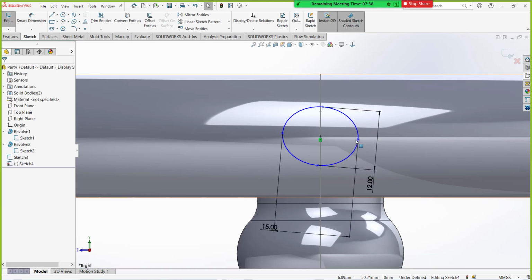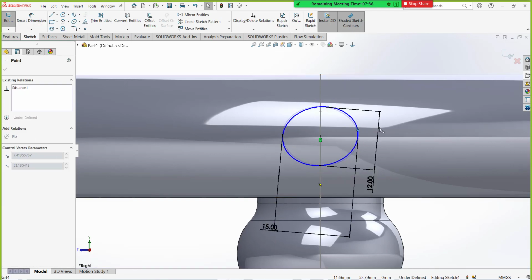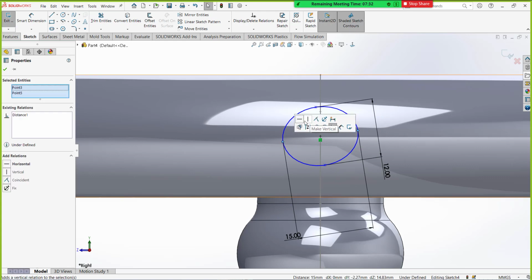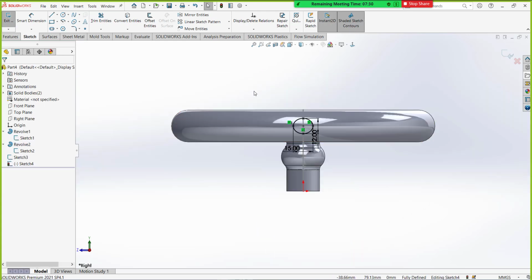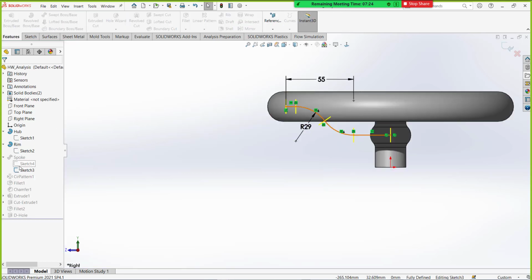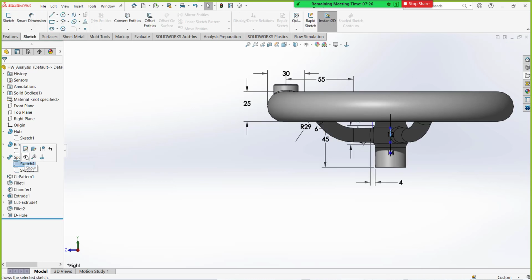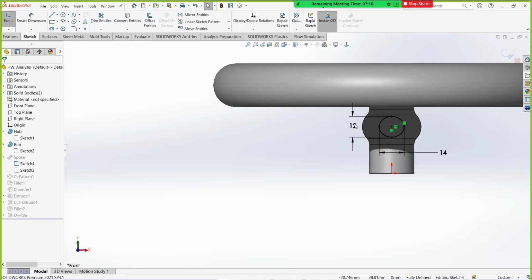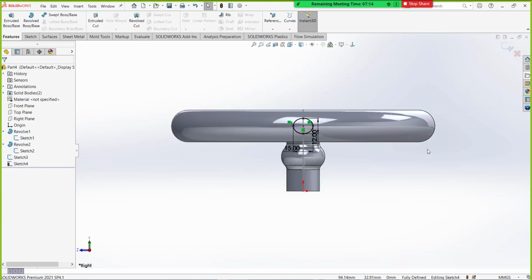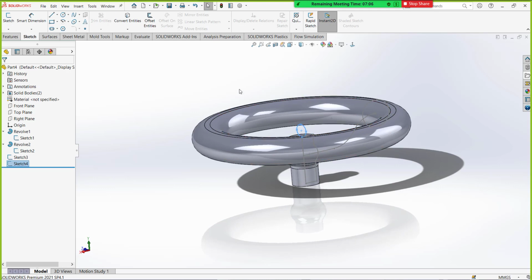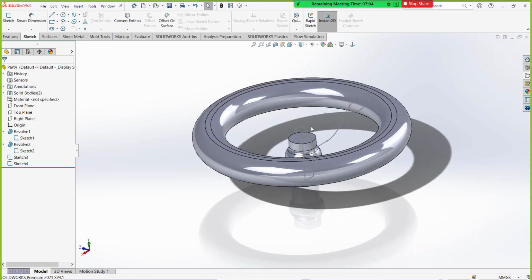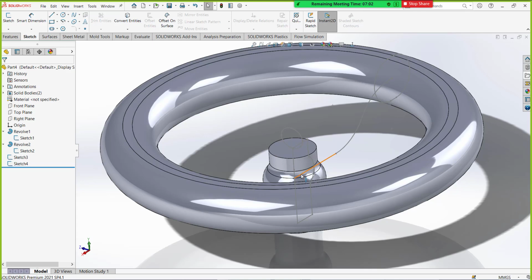Okay, and you can see still it is rotating. So what you can do is select these two and make them horizontal, so that it should be fully defined. For the circle you don't need to do it. Let me cross check the dimension of that ellipse. You can exit, you can check this one. It is 12 and 14. Okay, there should be 14. So the path and the, sorry, it shouldn't be here, it should be at exactly this point.